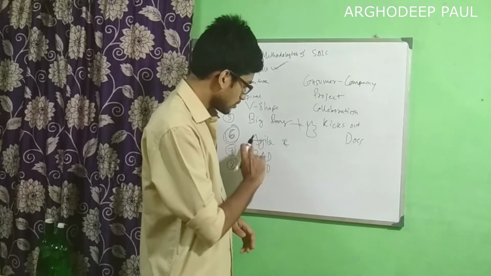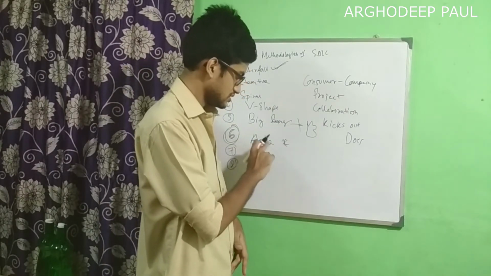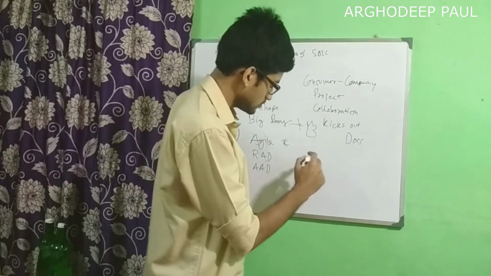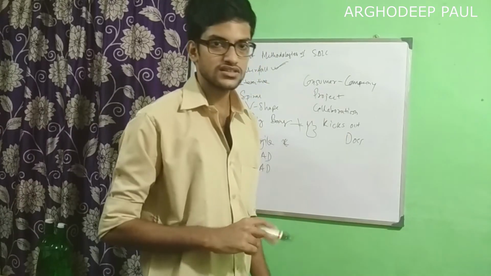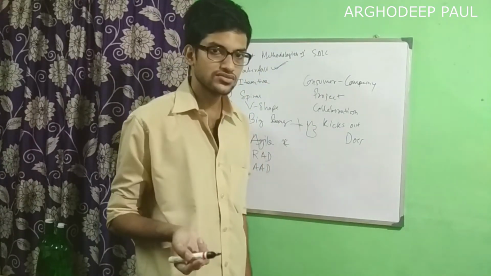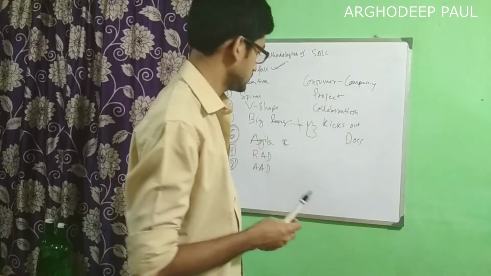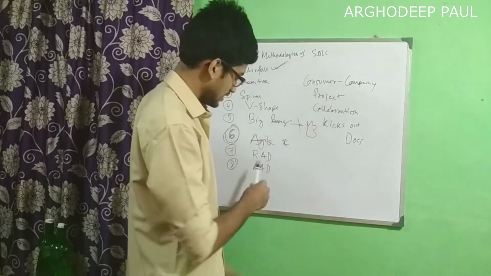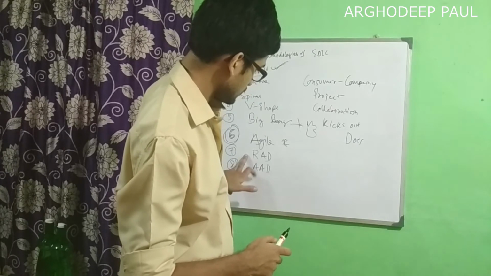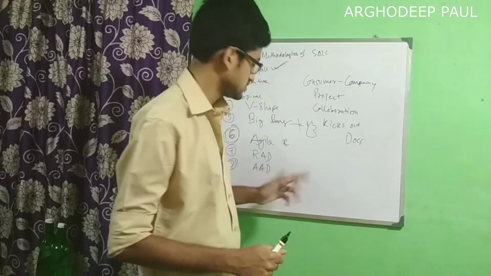If you want to know about Agile, what the values of this methodology are, what the principles of this methodology are, then go to agilemethodologies.org. That website will tell you what the 4 values and the 12 principles are. Those are very much important. And RAD is nothing but rapid application development, which could be applied to all of these models.